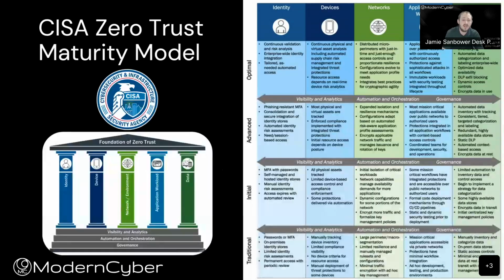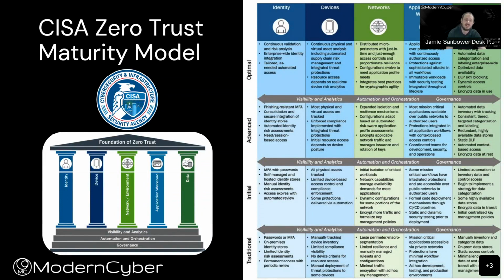In general, one of the best practices that we've seen over time is using the CISA Zero Trust Maturity Model. And just recently, last month, CISA released their 2.0 version of the maturity model. And what this provides is a great framework to evaluate what maturity your organization is at when it comes to the different pillars associated with Zero Trust.